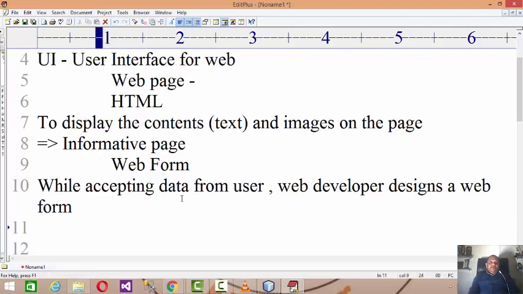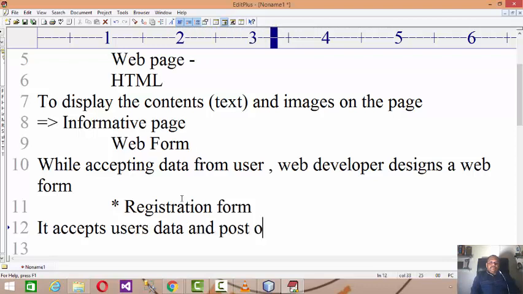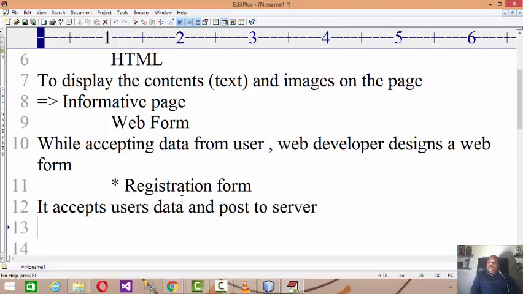For example, whenever you are registering to a website, a registration form will open. What is the purpose of a registration form? It accepts the user's data and posts it to the server. Another example is the login form.